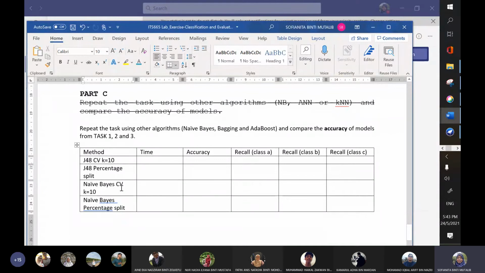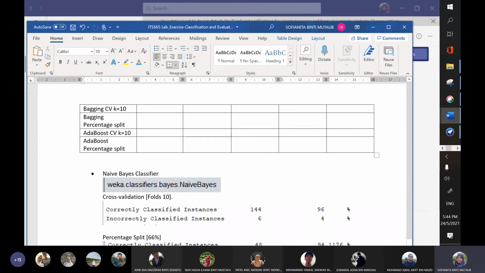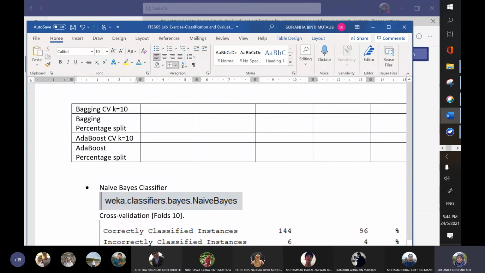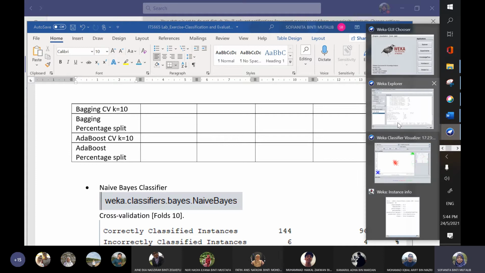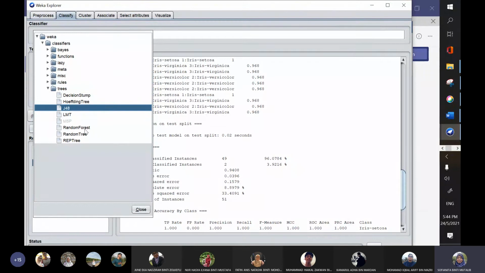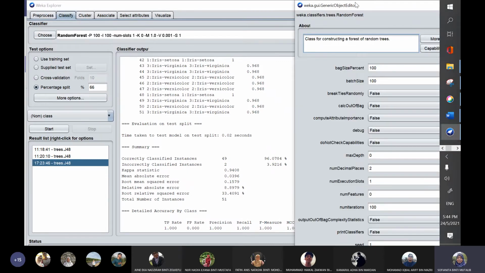Then you might want to have a look at other algorithms. Remember that we have gone through other methods for increasing the accuracy, which are bagging and boosting, and there is another function you can use here: random forest. Random forest is part of collective intelligence.